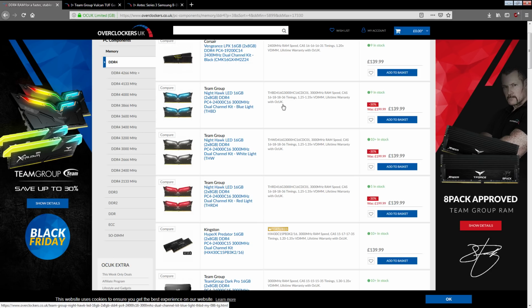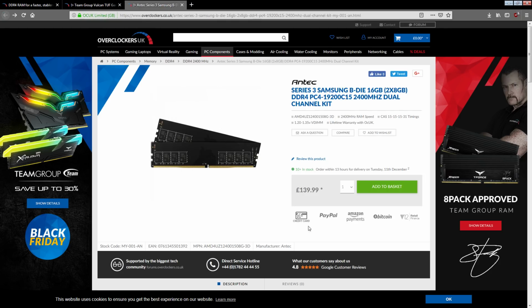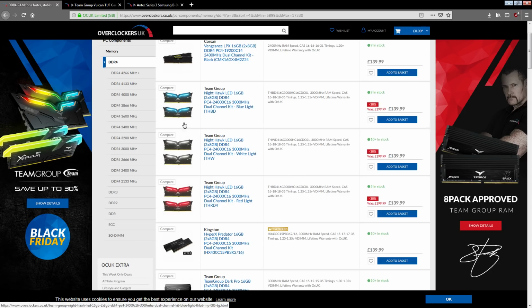That Antec kit, I think that SPD profile is just a leftover from somewhere. I think they forgot to reprogram the SPD after making those sticks, because they shouldn't have an XMP profile on them. If you go by their spec, there shouldn't be an XMP profile. I don't know why there is. So that's not great right off the bat. You can get kits with validated XMP profiles for the same timings, same price, with heat spreaders and